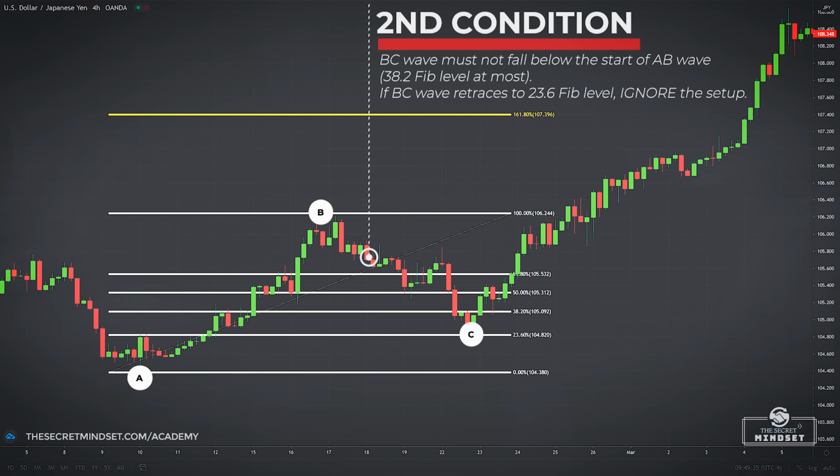However, the second move must not fall below the start of wave 1. This is an extremely important rule. The second wave must retrace to the 38.2 Fib level at most. If it retraces to the 23.6 Fib level, I personally ignore the setup. So the buy or sell zone, depending on the setup, is the area between the 38.2 and the 50% Fib